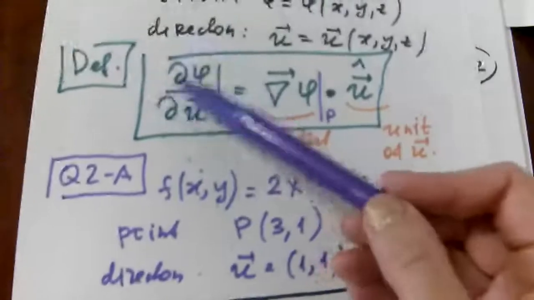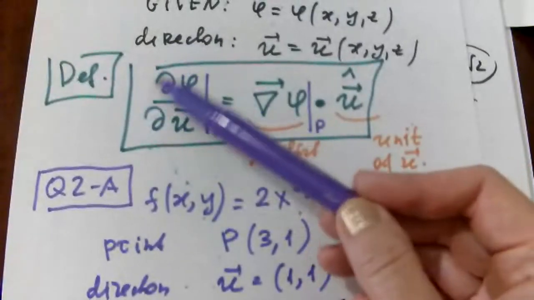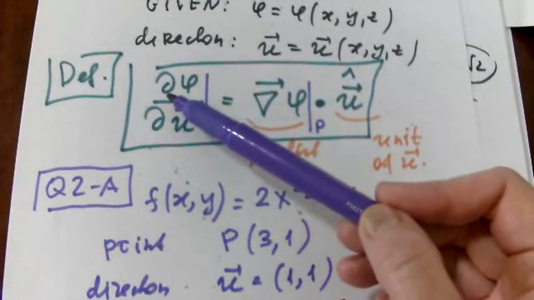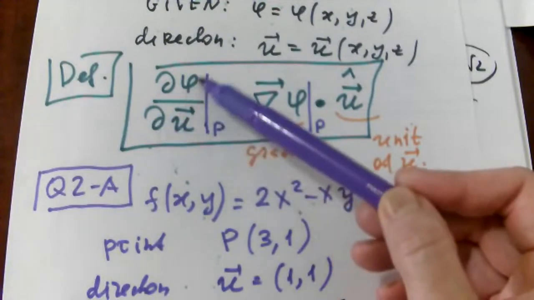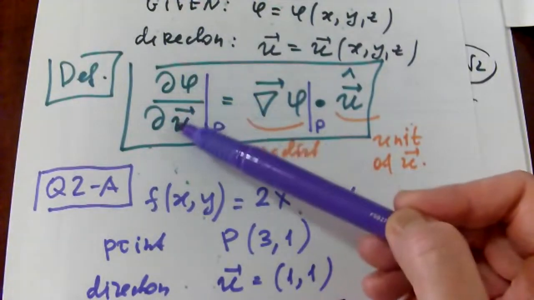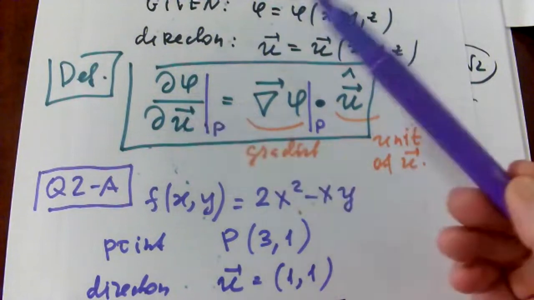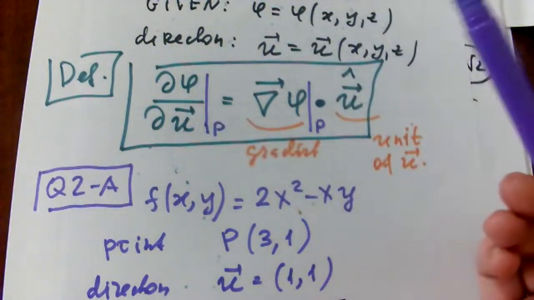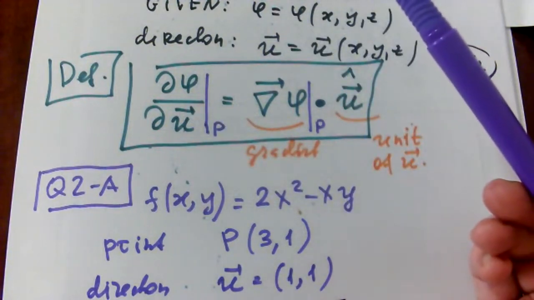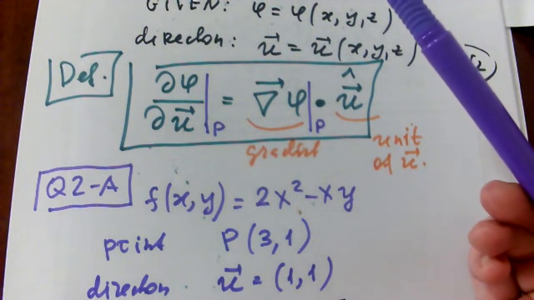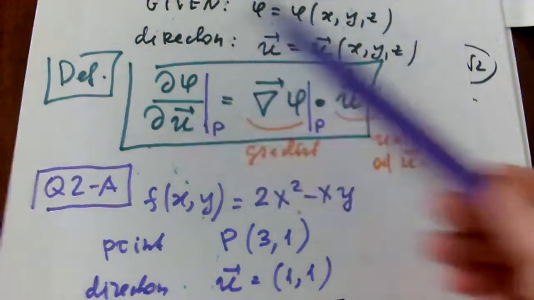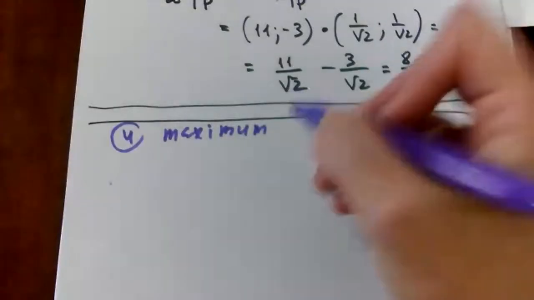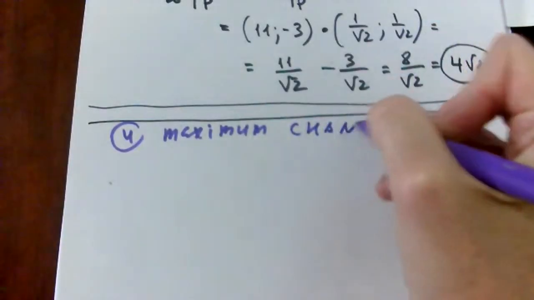So maybe it's better to just emphasize this verbally. The directional derivative shows us the rate of change of our function, of our scalar field, when you move in this particular direction, as well as the ordinary derivative for ordinary functions back at school shows the change of rate in this function when you move along the x-axis. This is like a generalization. Okay, so maximum change of rate